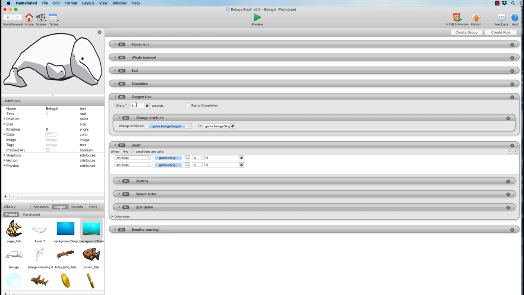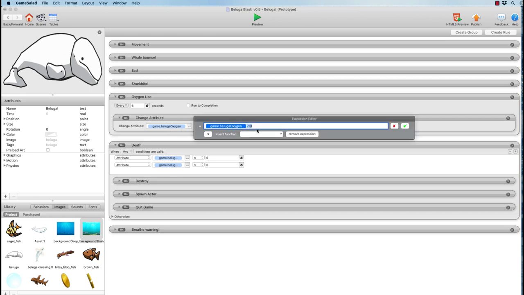So every 6 seconds, we can change an attribute or a variable. And in this case, what we've said is every 6 seconds that the Beluga whale is swimming around, change the attribute Beluga game.Beluga oxygen. That's our global variable for Beluga oxygen.